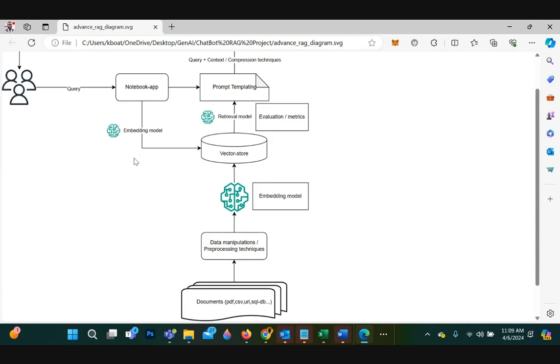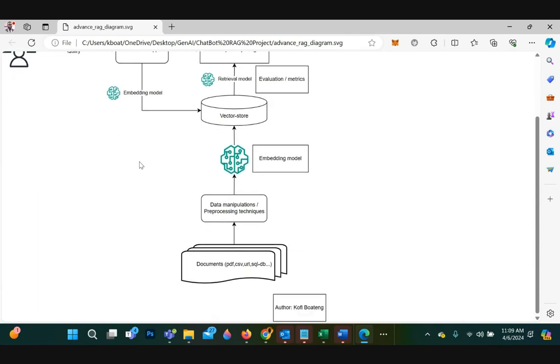So before anything, as I mentioned, you have to think about data. When you look down here, we have documents, PDF, CSV, URLs, SQL bases. So as an AI engineer or generative AI engineer, you have to determine all the sources of data, right? Assuming that we're not building the models from scratch, we're just choosing the right components to use.